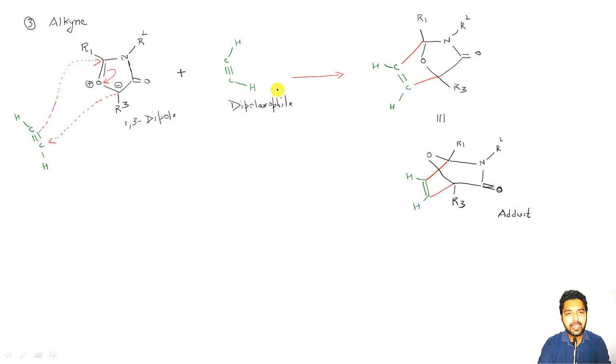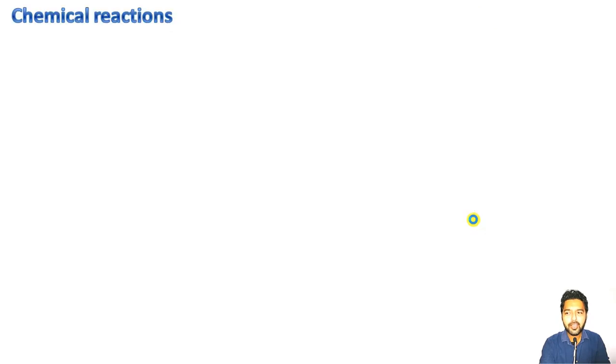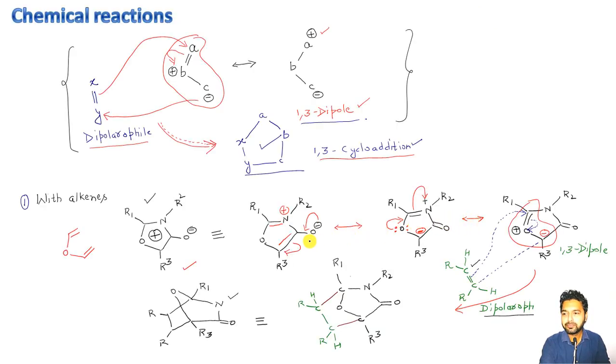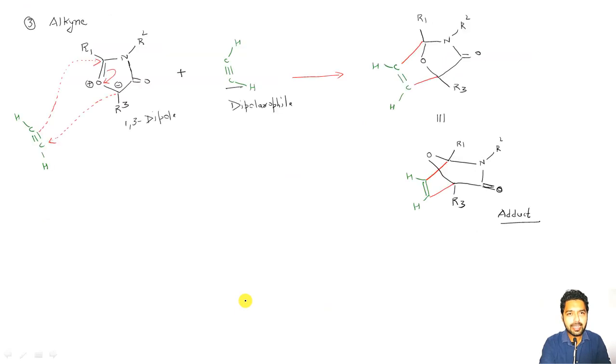The only important thing here is to understand that this reaction, in this case, that is with alkyne, is not going to stop here at this stage. What is happening is, if you look here in the previous case, that is reaction with some aldehyde molecule, a carbonyl molecule, the reaction stopped here at the cyclic adduct formation. In the same way, in our first reaction, that is with some alkene molecule, what is happening? The reaction is stopping here at the adduct stage, that is the cyclic adduct stage. But it is not true as far as the last reaction, that is with alkynes, is concerned.